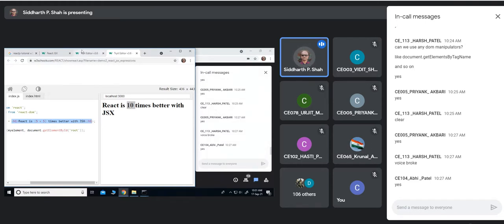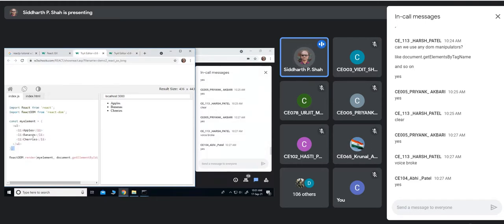But here, when you have a large block of HTML that you want to put across lines, make sure that you wrap that HTML code inside this parenthesis. That is important. Otherwise it works as HTML, that is an unordered list, where you have 3 items and these are the bullets, right?